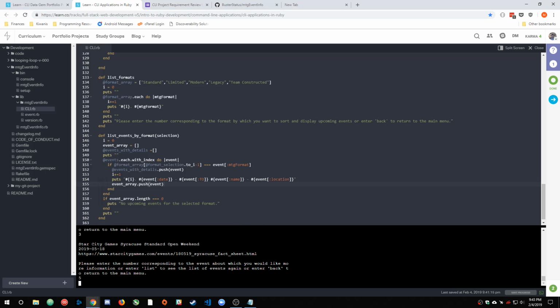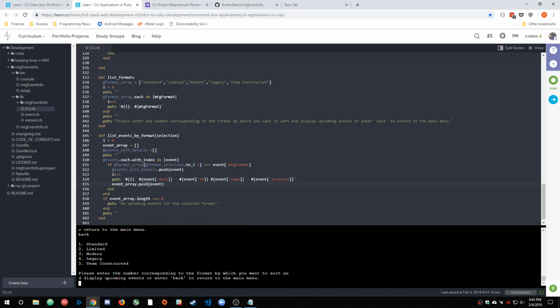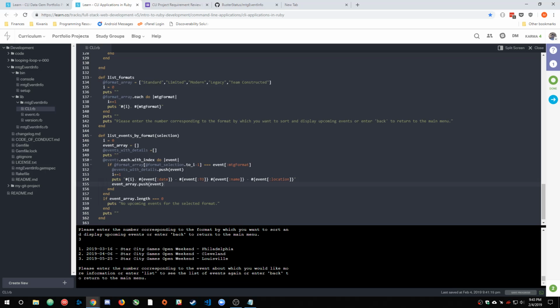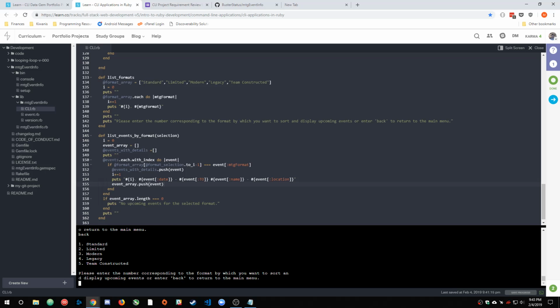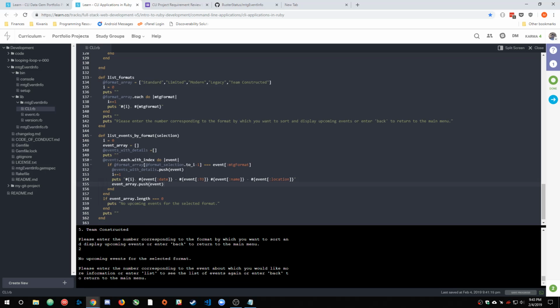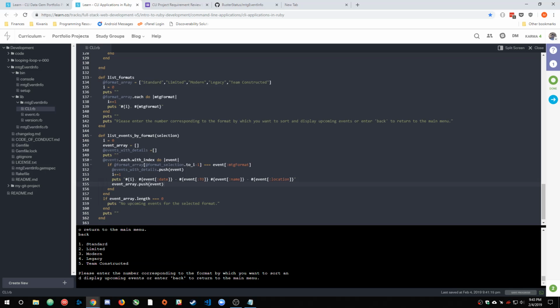And it will also tell us if we enter an invalid number. If we go back, go to event again, it will also tell us if there are no events that are coming up for a given format. So yeah, and then we can press back to go back, and then the location groups events according to location,